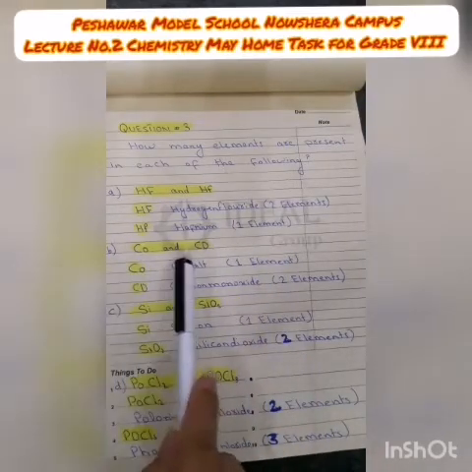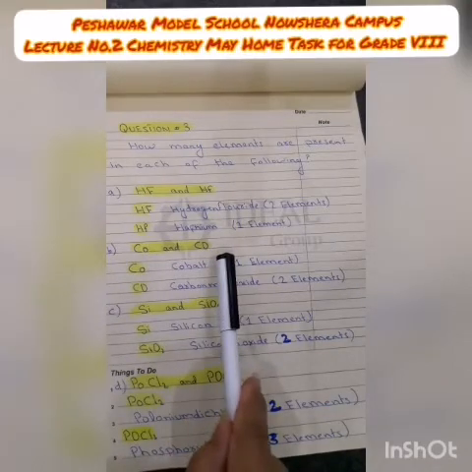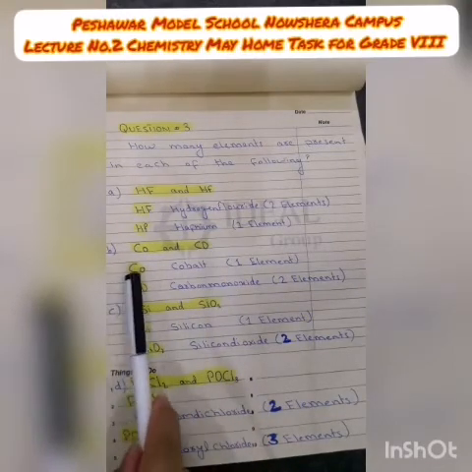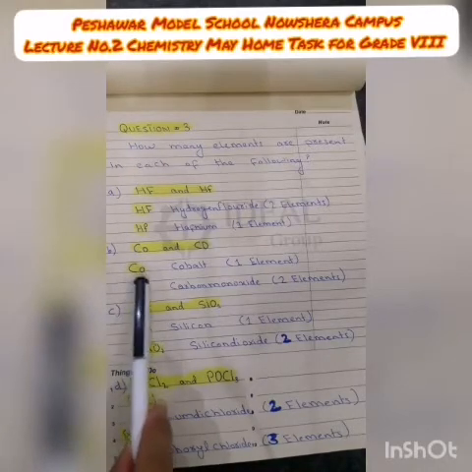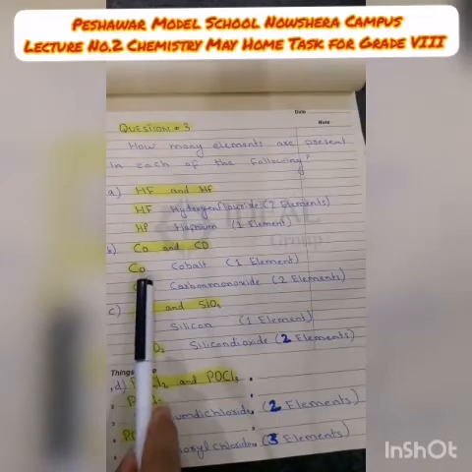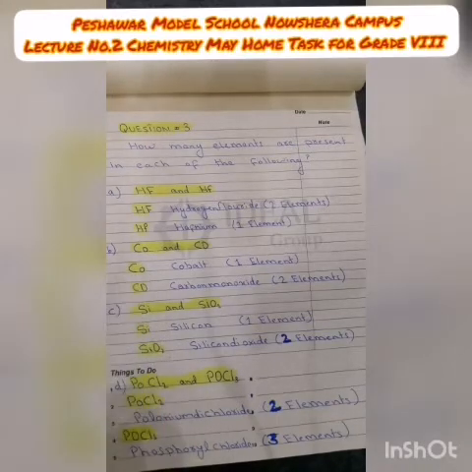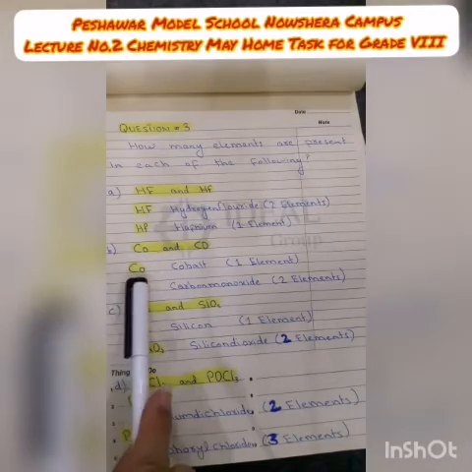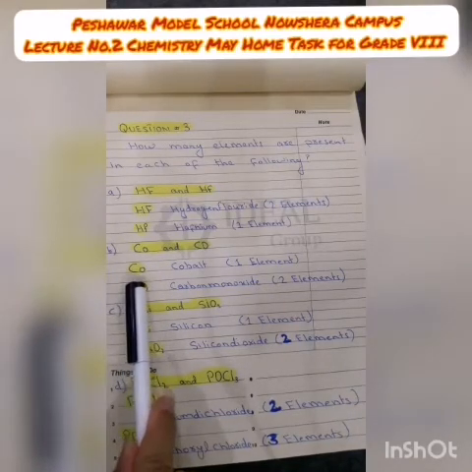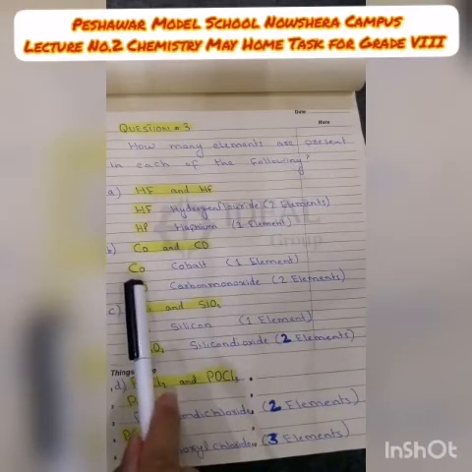Now look at number second. In both we have the letters CO and CO, but there is a difference. Look at the first one. The first letter is capital and the second o is small. This is not oxygen, because to represent oxygen we use a capital O and this is a small o. I have told you that whenever we represent an element by two letters, the first letter must be capital and the second one must be small. It means that this is a single element. Which element is this? This is cobalt. To represent cobalt we use the symbol Co.